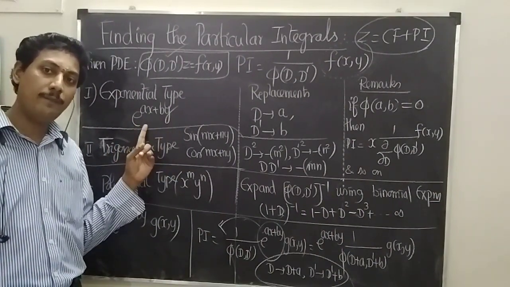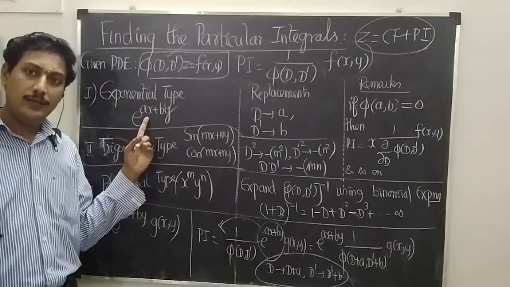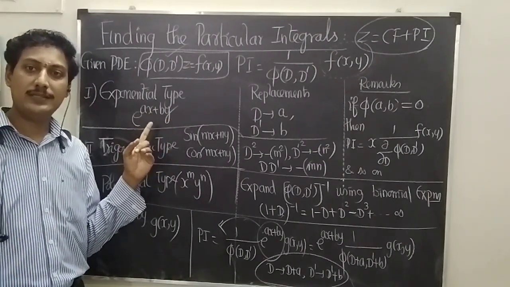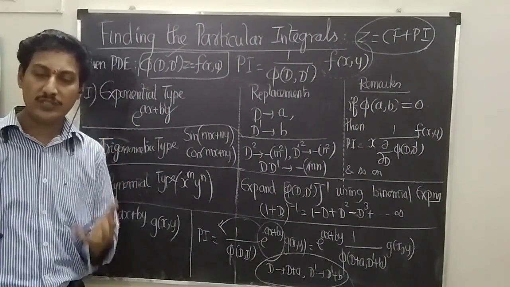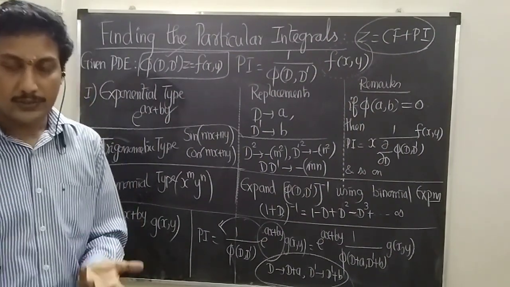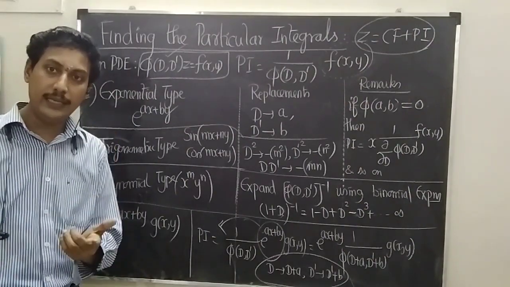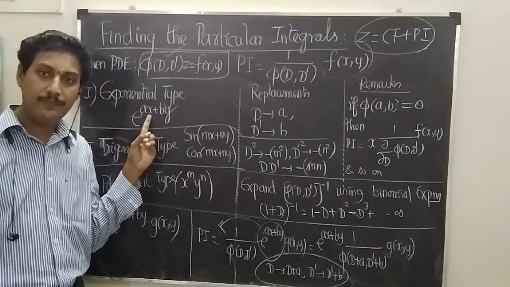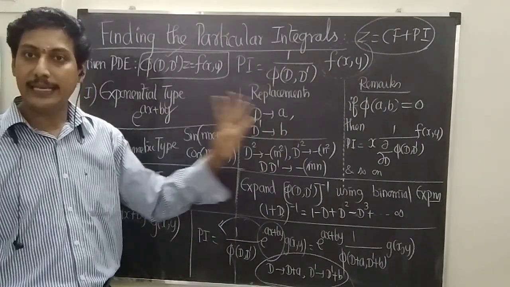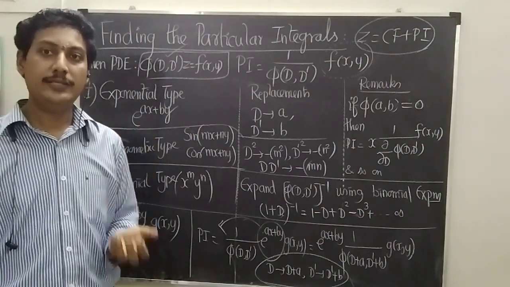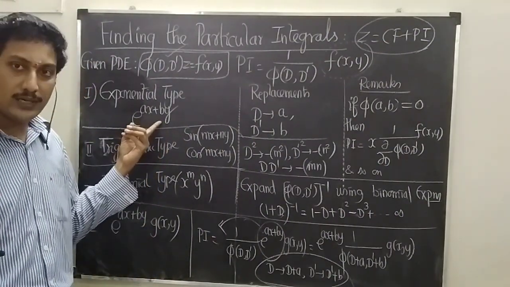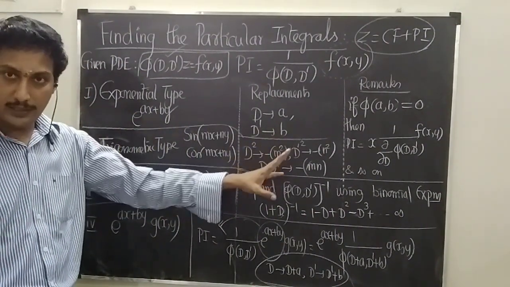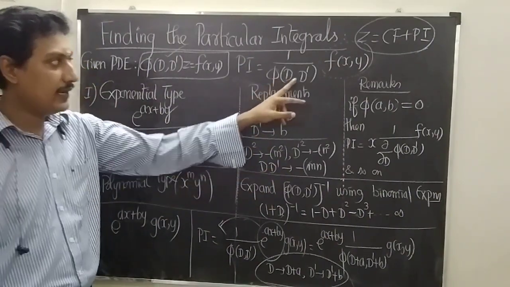In this exponential form, let us pick the coefficients of x and y. What does x represent? x represents the operator D. What does D stand for? Dou by dou x. So I replace the operator D with the help of the coefficient of x. In this case, the coefficient of x is a. So the replacement is D by a. What is meant by D dash? It is dou by dou y. Can you see what the coefficient of y in the exponential term is? b. So replace D dash by b. So substitute D equal to a, D dash equal to b.